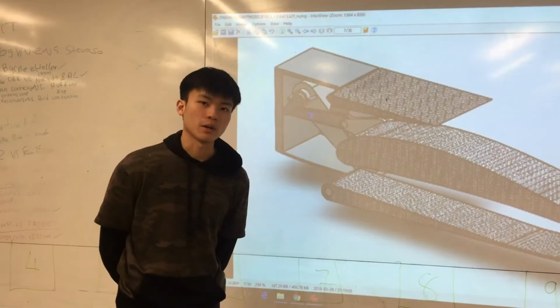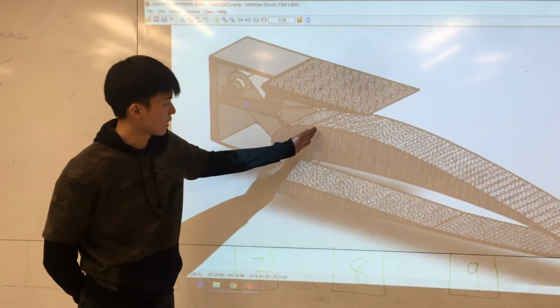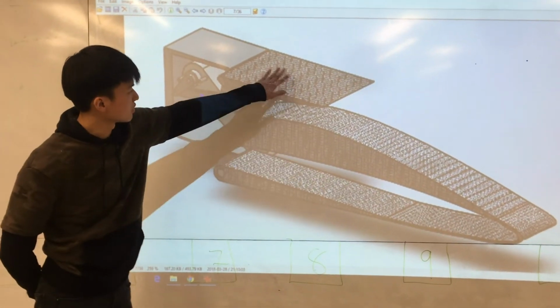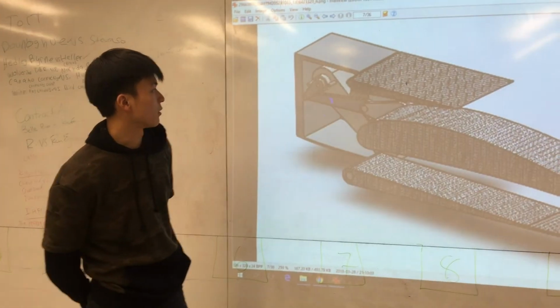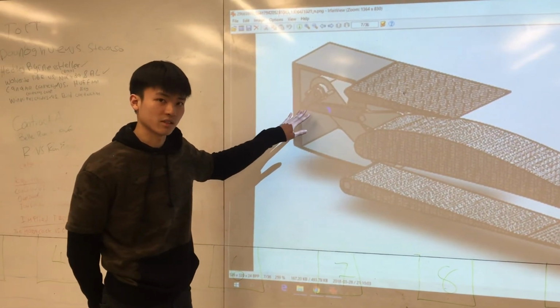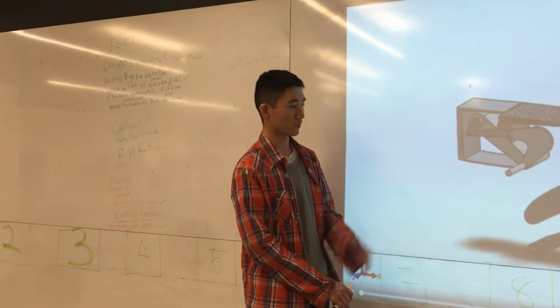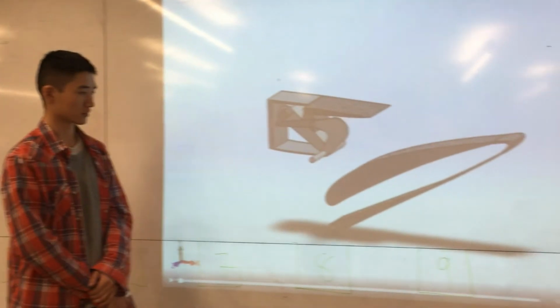From research, we found out that Boeing is using carbon fiber as their exterior structure, so we can see that in this part and this part, they are using carbon fiber. For the linkage, we chose titanium because it's corrosion resistant and it has a long fatigue life. So now let's take a look at the disassembly of the mechanism along with the